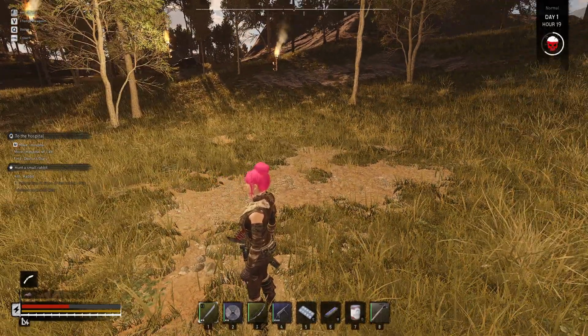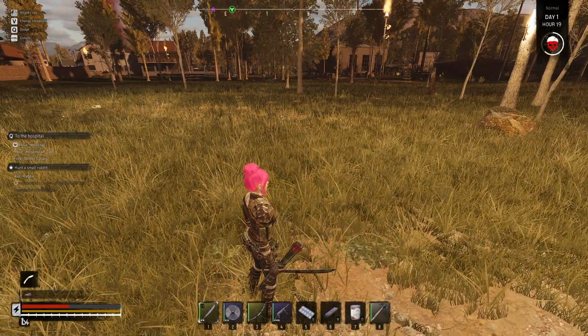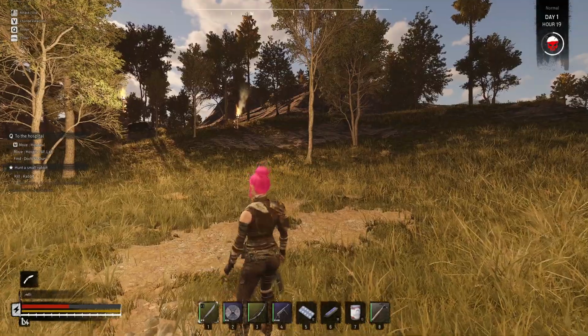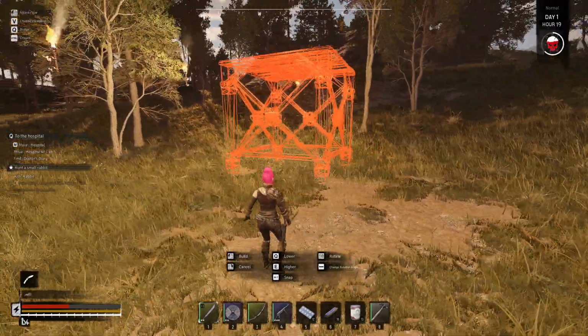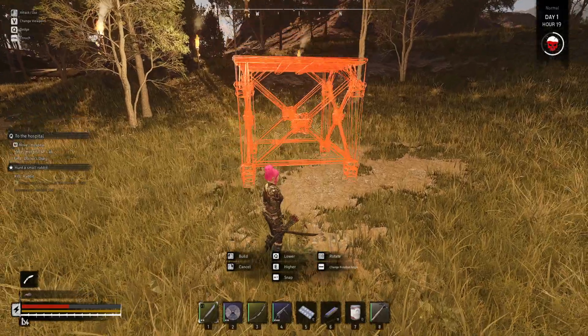Also, it's important that you're able to reach all of your traps. If you build a base and you can't reach the trap without running out into it, you're going to take damage and you may kill yourself. So just do your best to design a base that lets you do that. So I'm going to build a foundation. So house is over there. Not that it matters, but